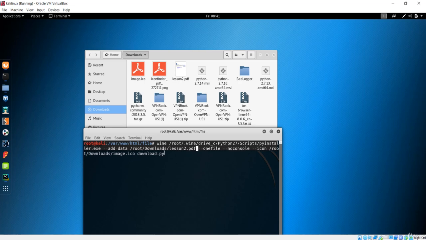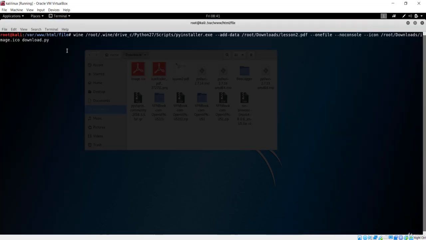This file will now be wrapped with download.py with the icon that is image.ico. You can also grab these resources, like the PDF resources and icon, from the resource section, and run this command. Let me make this command bigger. What we did was get PyInstaller to add the data of the PDF to this loader, the Python file, with the icon given at this location. Let me hit enter now, and let's create our file.